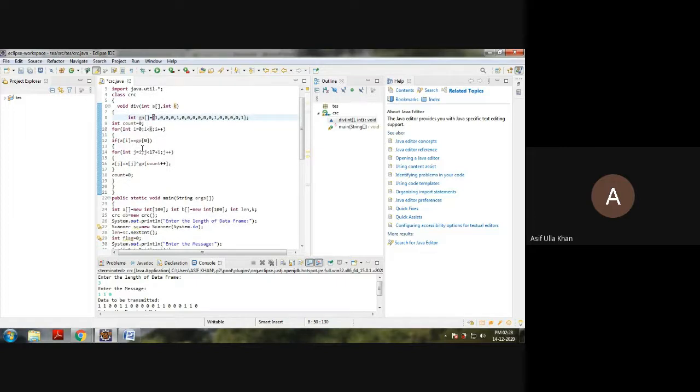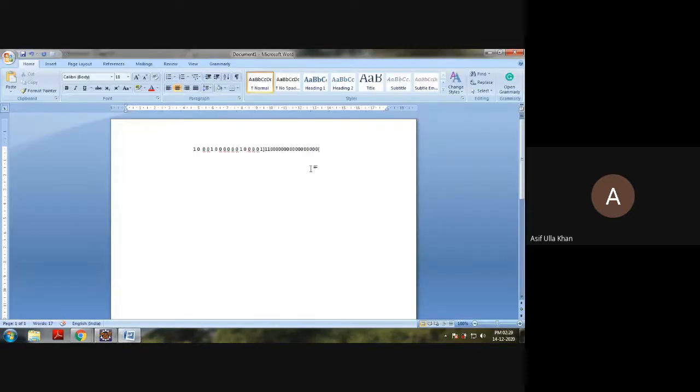Now again, it's very clear that the first bit should not be 0. If it is 0, then we can come out directly. If it is not 0, like 1, we can do the computation, which is nothing but my XOR operation, which I need to do here. Let me copy the same bits, 1 0, and do an XOR operation here with the same bits.